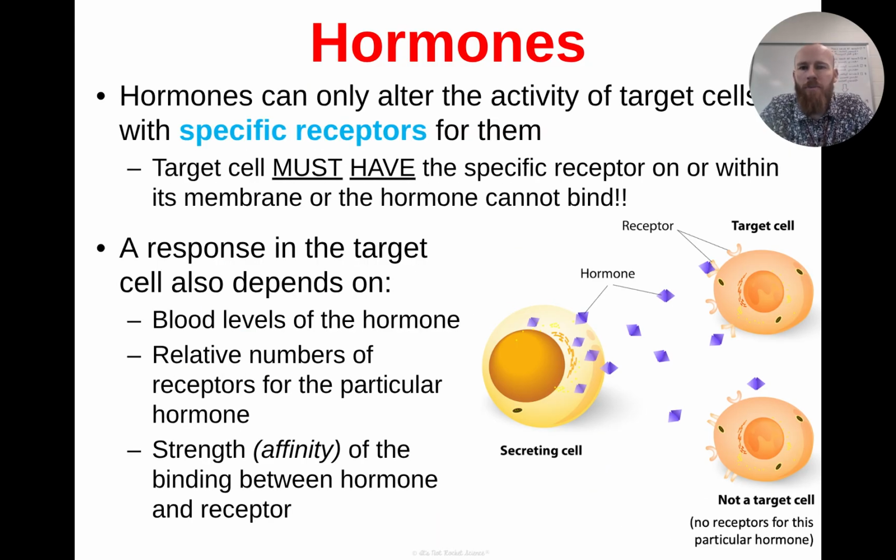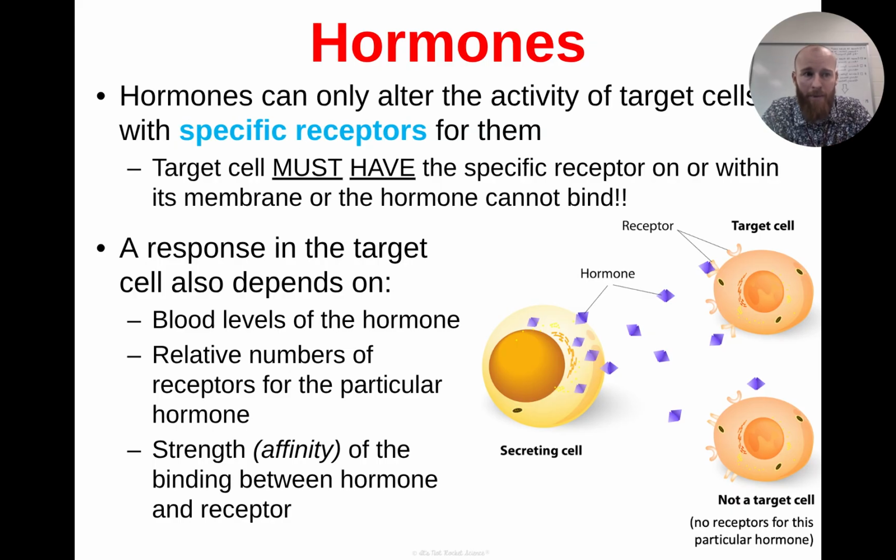Now, it's important to remember hormones can only alter the activity of the target cells that specifically have receptors for that hormone. Remember, it always goes back to a lock and key system, right? I'm just going to release the hormones and they're going to circulate into the bloodstream and throughout the entire body, wherever that bloodstream leads. That does not mean that I'm going to give the same hormone to all of the cells, whether they need them or not. It's simply going to mean that I will give them to all of the cells that have